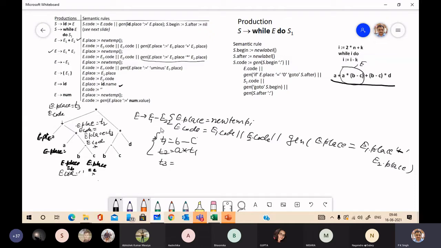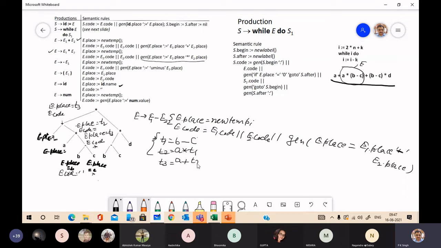T3 is equal to E1.place. E1.place is nothing but A, this A, plus E2.place. E2.place is T2, this T2.